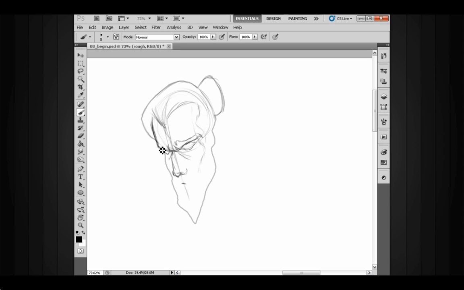Let's go ahead and give him this eyebrow on this opposite side. Now, obviously, if he's kind of looking down and this side's further from us, we're not going to see much of this eye. That's why you see a much smaller eye here than you see here. It's just a form of foreshortening. So we'll go ahead and just quickly pencil in that eyebrow there. And let's come in and sort of follow this cheekbone down and see where that takes us. So maybe come in and give him a little bit of an eye socket there where the skin is up underneath his eye. And bring that cheekbone down,